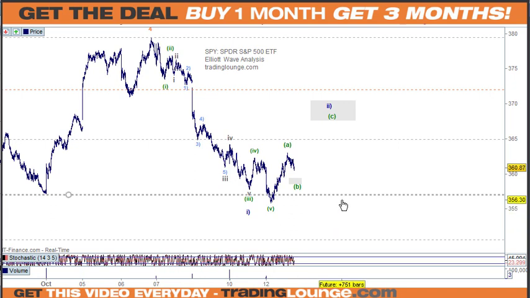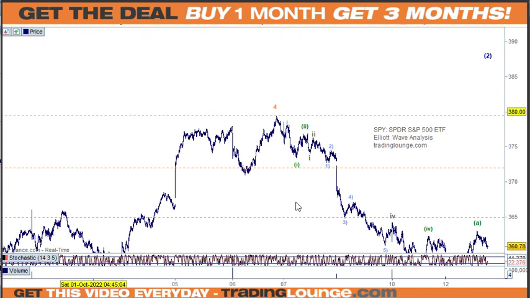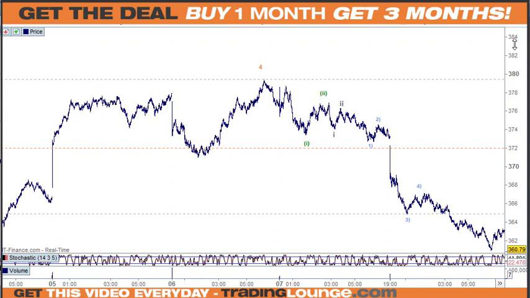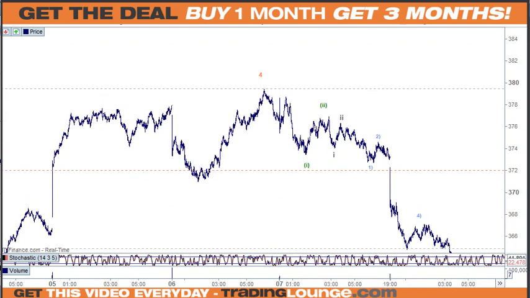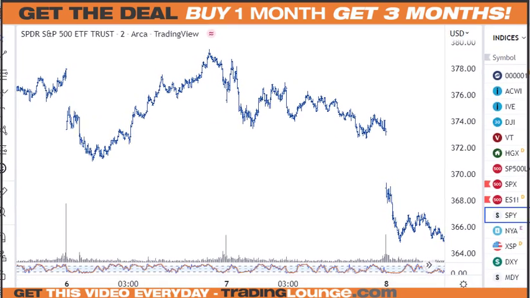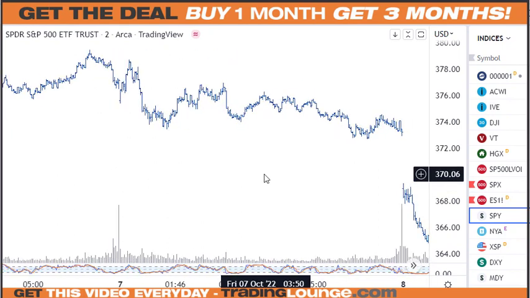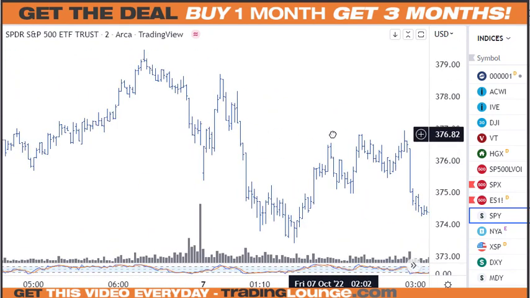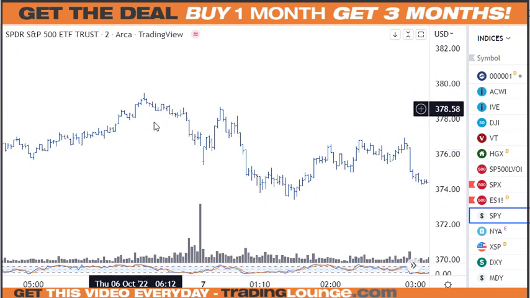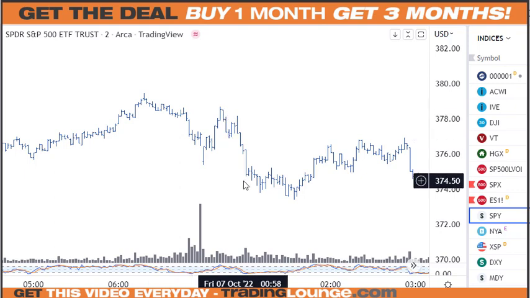So yeah, you can kind of see how this top here is here. I think studying that will give you a little bit of an idea how to handle this over here. And I thought this was interesting here too, because I don't think that's counted right, actually. I was looking on the TradingView platform, just on a 2-minute chart, and I was noticing, oh yeah, no, we got 1, 2, 3, 4, 5. Yeah, I could see 1, 2, 3, 4, 5 for 1 and 2, then 1, 2, 3, 4, 5 for the third, fourth, fifth.